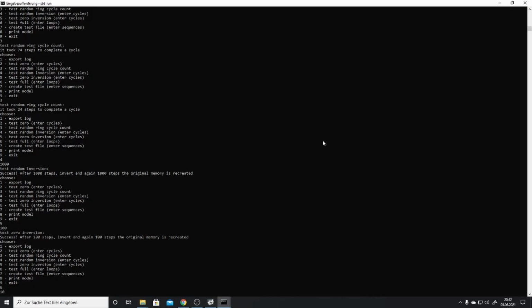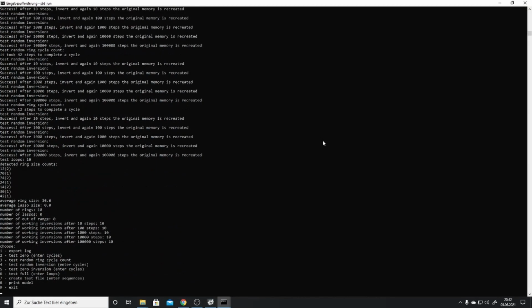So I'm just saying we want to do the tests 10 times, and we can see it's doing it, and it makes some results for us. So it counts things. Here we have only positive values. That means that we have only rings detected. We can see how often we found a special ring size. And if we find negative numbers, that means that we have a lasso detected. And if we find a 0, we know that the ring size was just out of range and could not be detected. So then we get the average ring size, average lasso size, and the number of rings and lassos